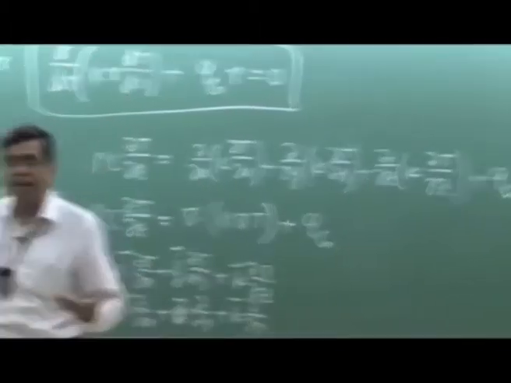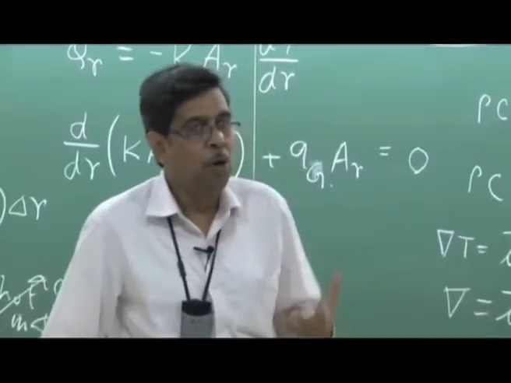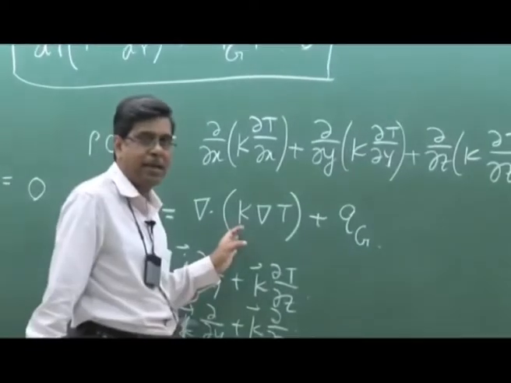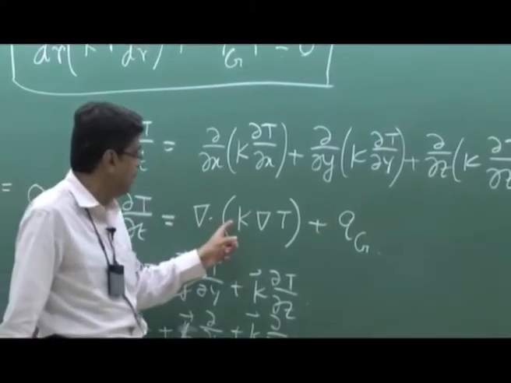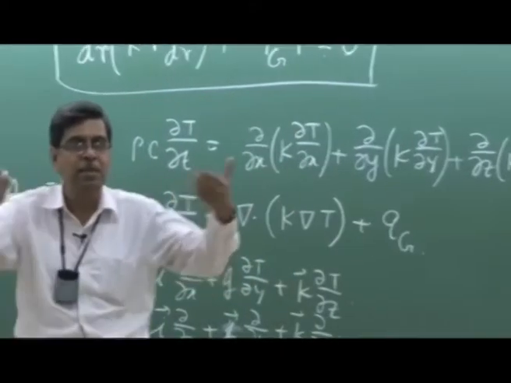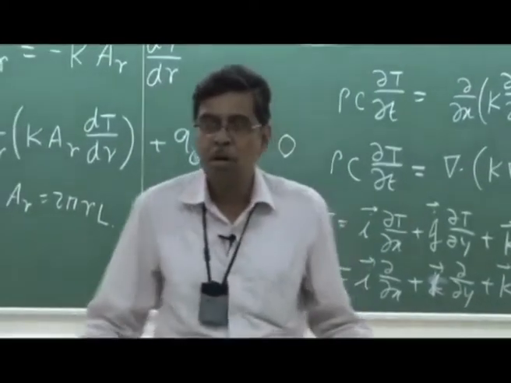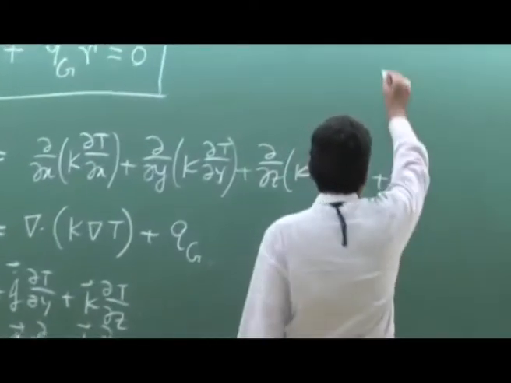So if you convert this, then your job will be only to expand this term in different coordinate systems, not only cylindrical, even in spherical polar coordinate system. What is the expression of divergence k grad T? Because this is only the spatial derivatives which change with respect to the coordinate system. That's all. So in a cylindrical polar coordinate system r theta z,